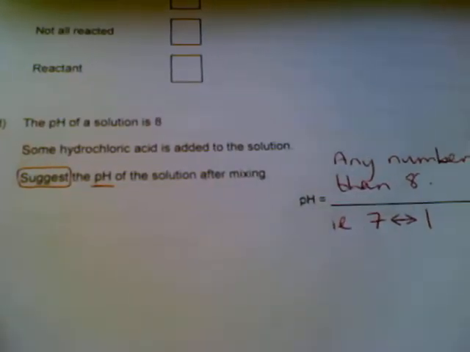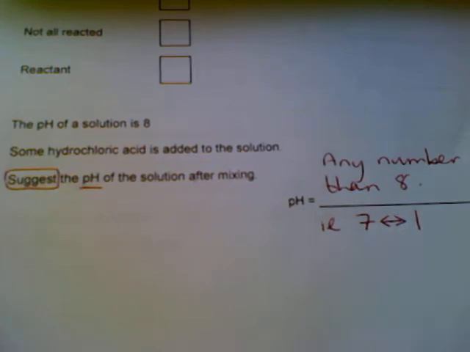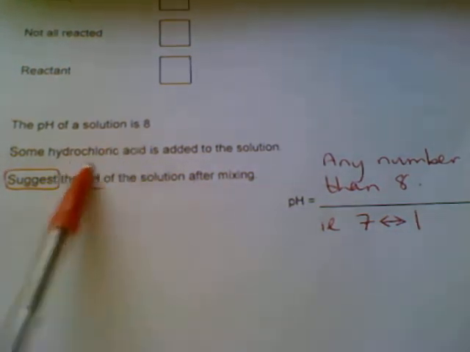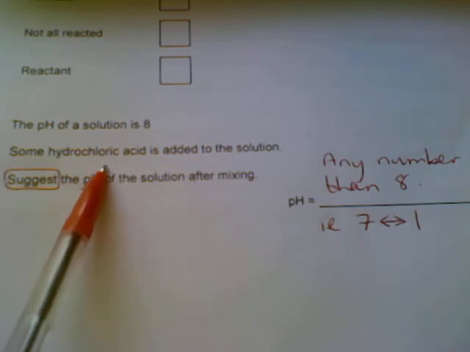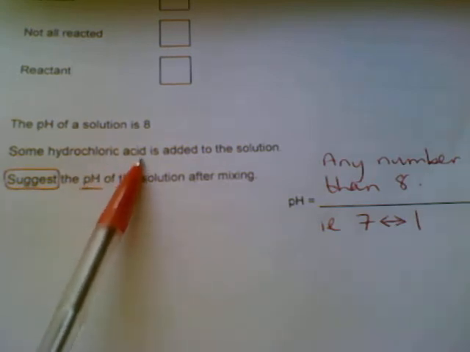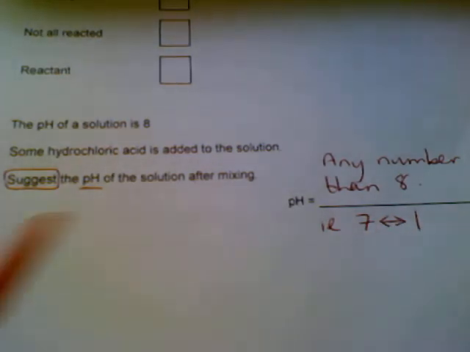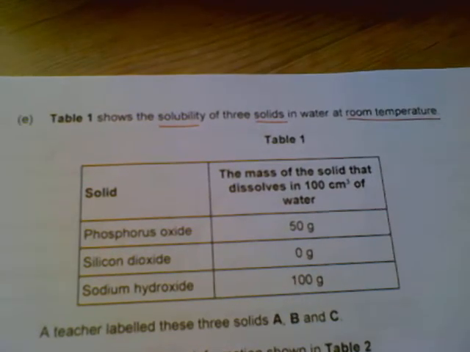And part D, if we have a solution which has a pH of 8, we add acid to it, that pH is going to go down, so the number is going to get smaller. So any number from 7 down to 1 or even 0. Okay, so any of those numbers will be fine. Part E,